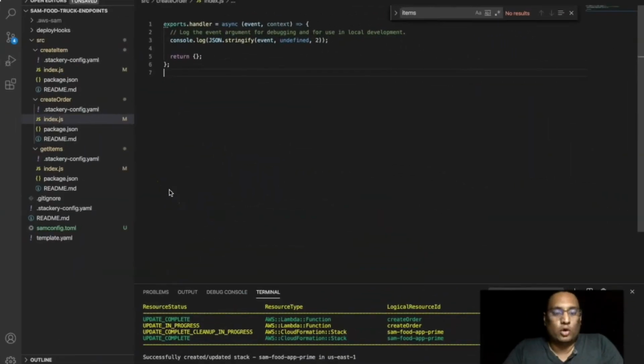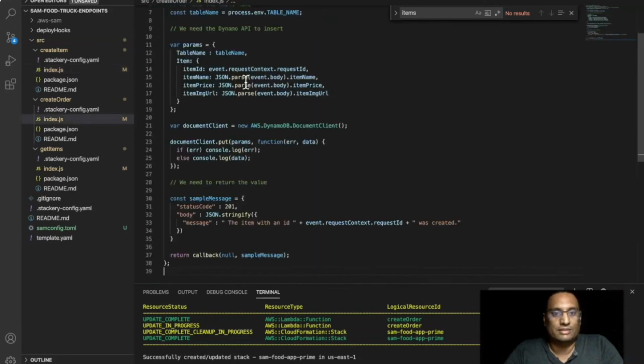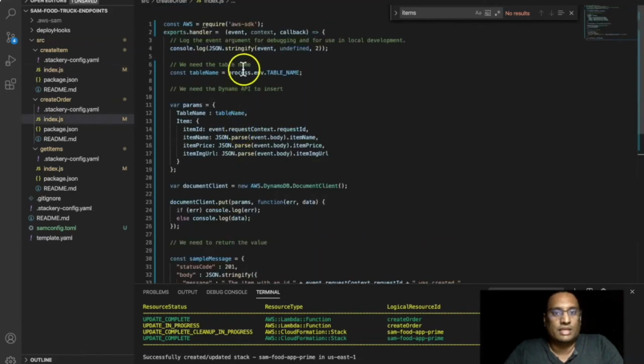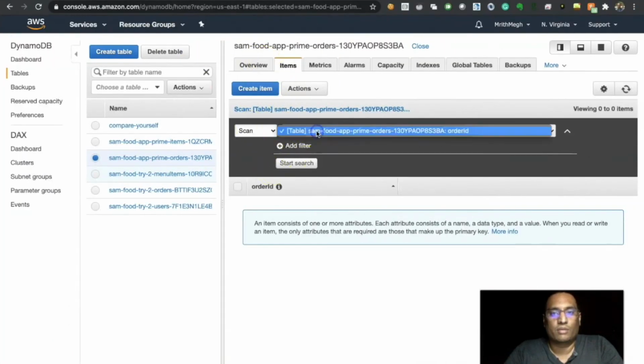Now let's go ahead and implement the last missing piece of the API, which is the create order method. So we have the create item. I'm just going to copy that and paste it here. What will change here, because we have the same handler name, this will be order ID, and that is the key for the DynamoDB table, whatever we have here. So we have the order ID,